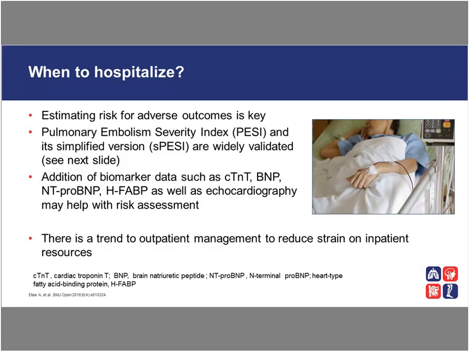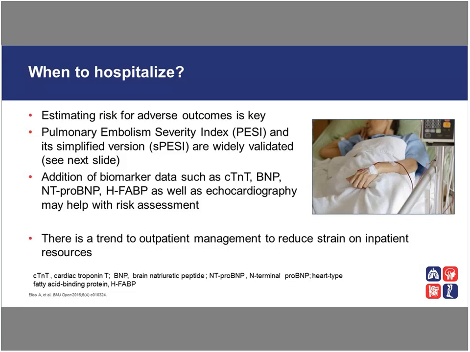And there's some work being developed specifically in cancer patients. But having said all this, we and others have shown that there is, in Canada and in Europe, an increasing trend to the outpatient management of pulmonary embolism, and likely